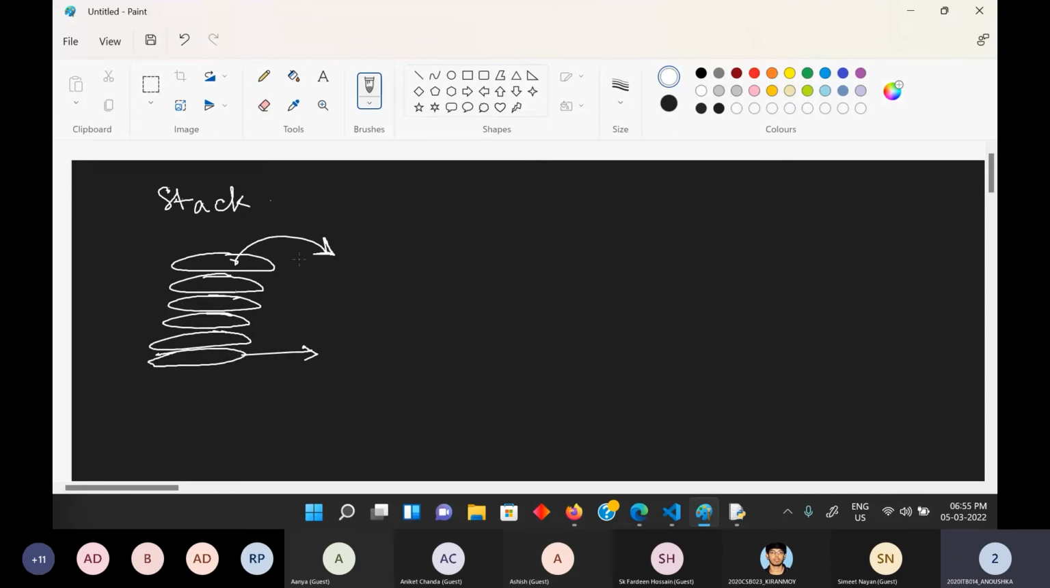And if you want to keep a plate on top of it, you can only place it on top. You cannot place it in the middle of this stack, right? So stack means something where you can only do this operation on the top. So suppose you have an array,